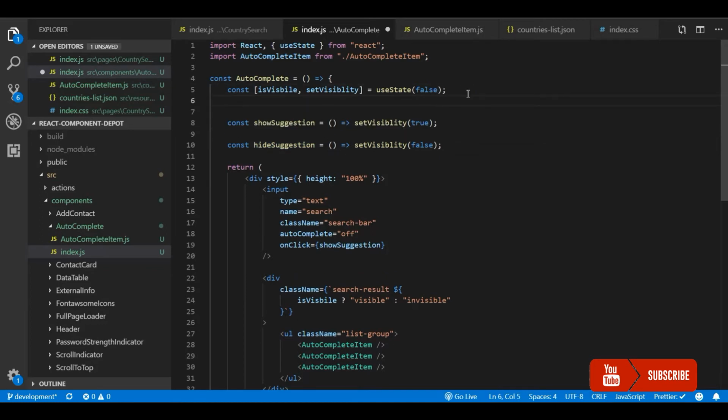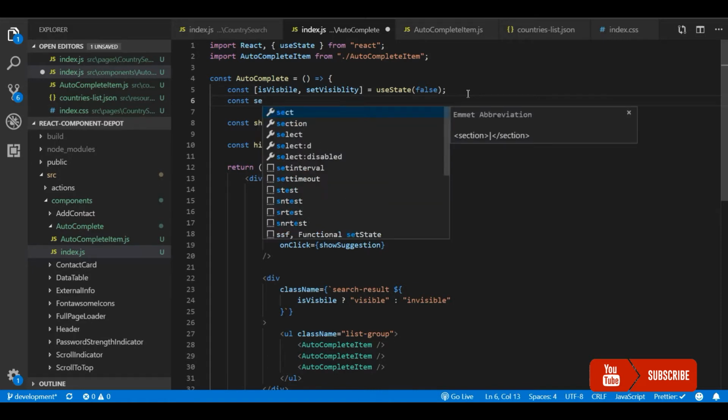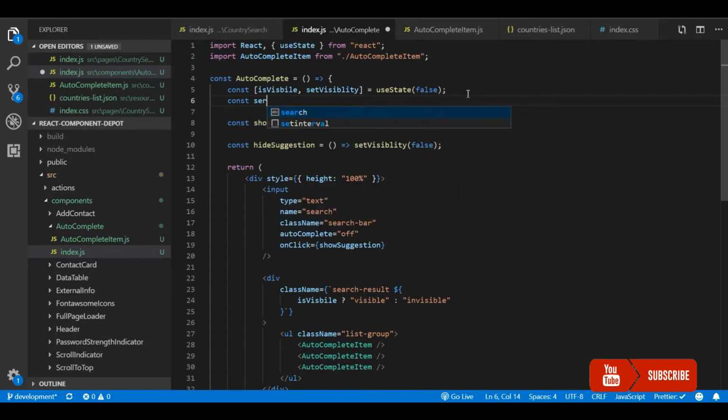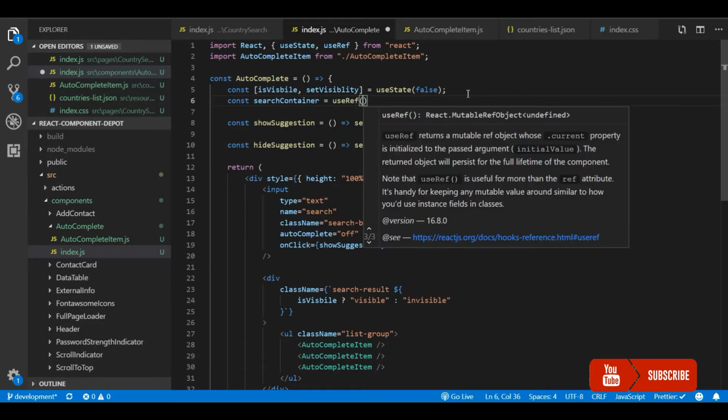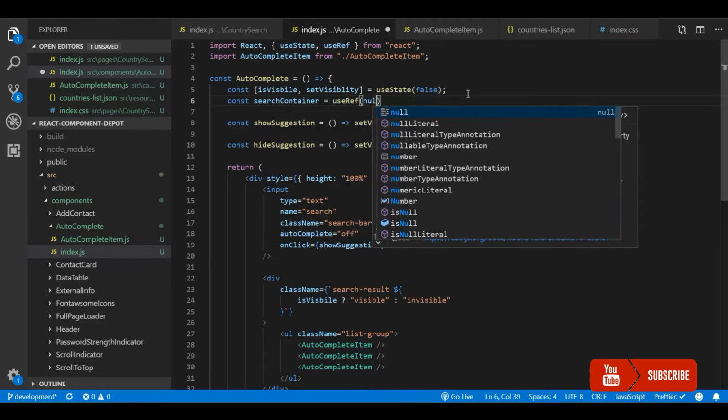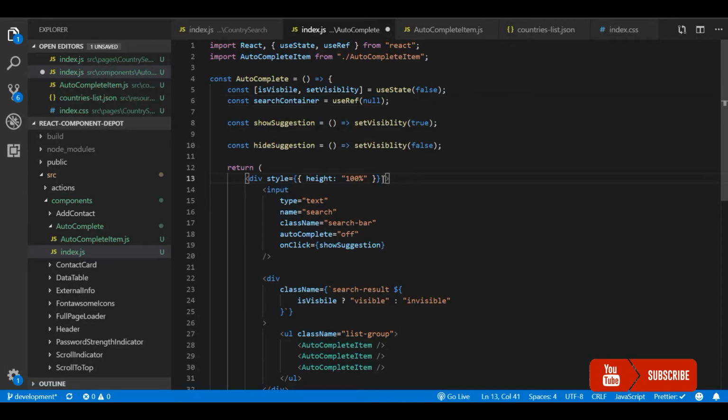For this, we'll be using the help of ref. I'm going to create a search container ref to actually detect click events on that, and we'll pass this ref to our main div, which has this search input. And now we will write a useEffect.